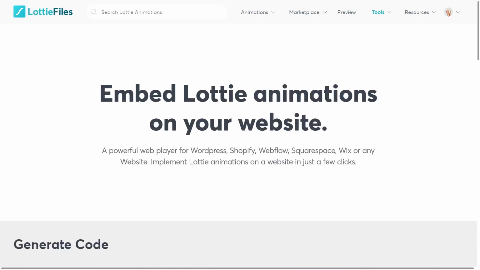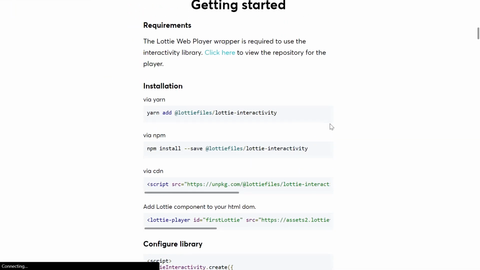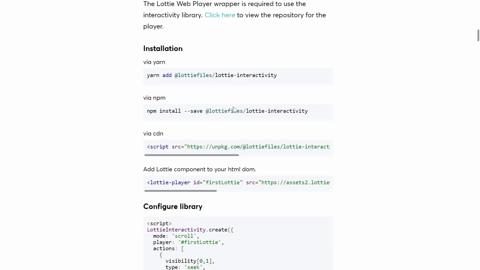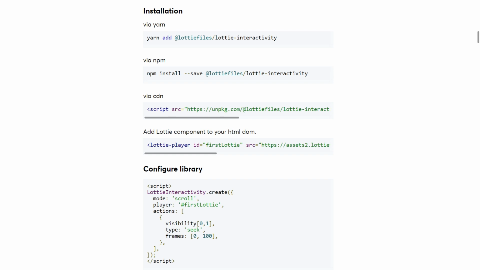Now we're back at the Lottie Files page. And now for everyone to be able to access the interactivity guide, you will need to go to Tools again, Interactivity Guide, and there will be a short and simple instruction as for how to set this up. But since I'm working with Elementor and not with a regular web page, it took me a while to figure out what works and what doesn't, and I'm going to show you a bulletproof way which will 100% work on your Elementor website. First, to install the interactivity component on our page, we'll need to copy this piece of code